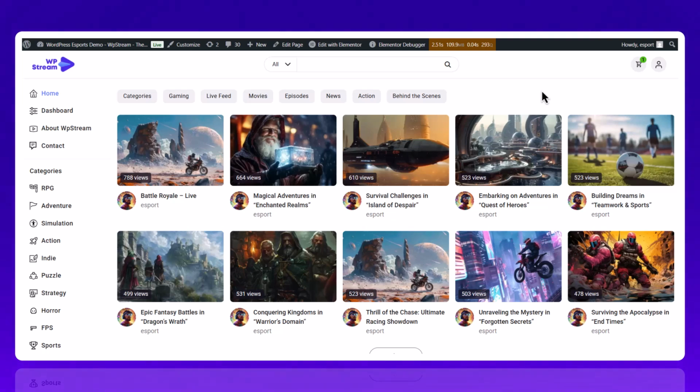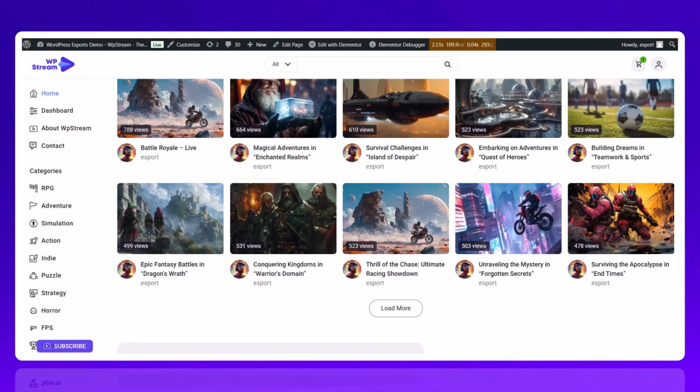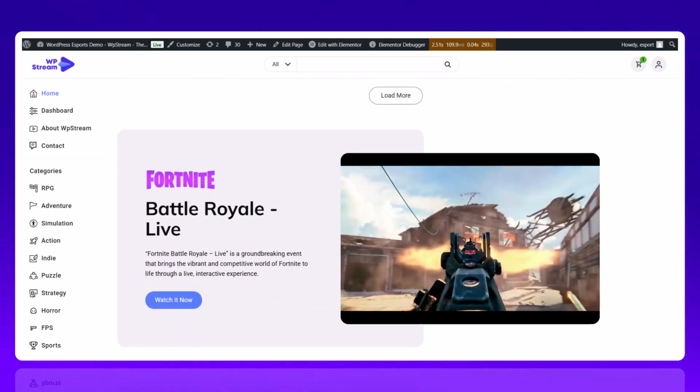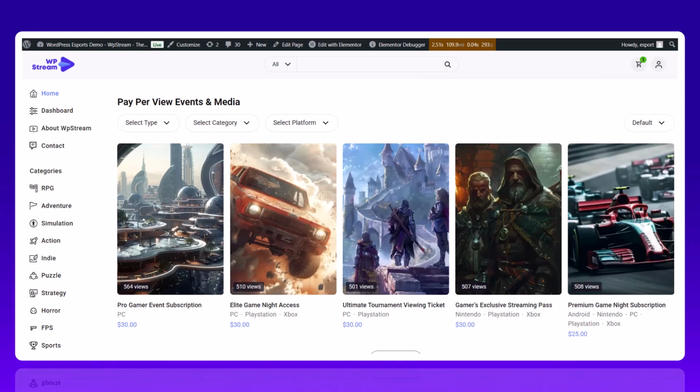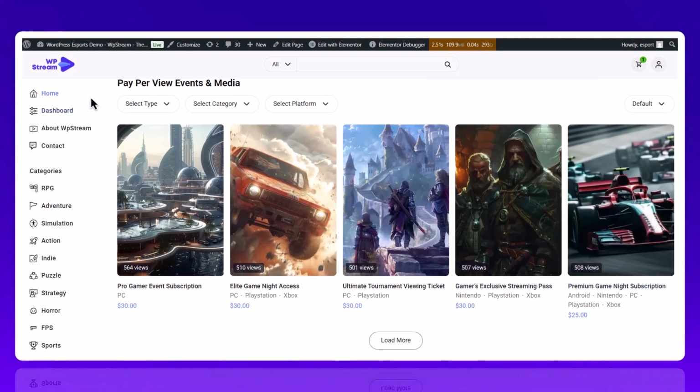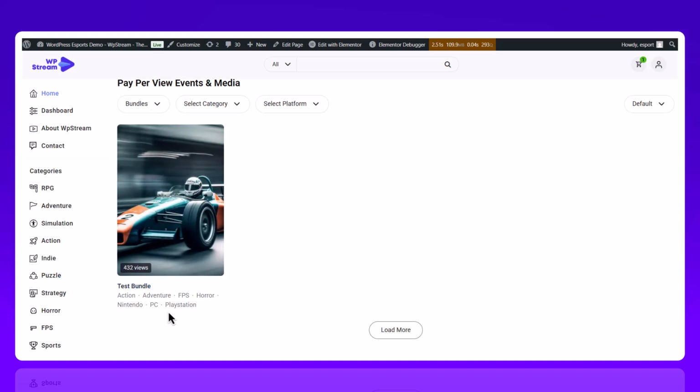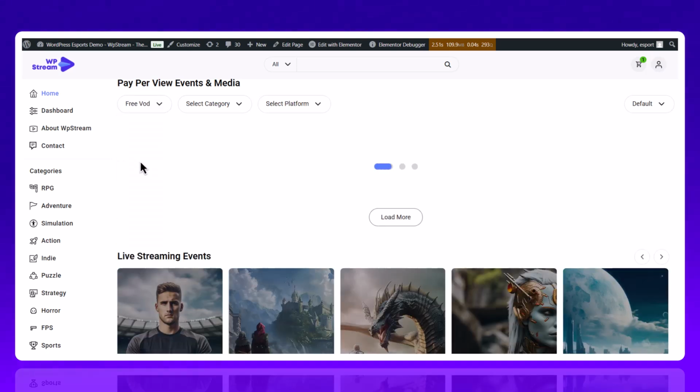This is the gaming demo, a visually striking theme designed for gamers, streamers, and esports teams who want to dominate the digital arena. Built with Elementor, you have full creative control, can use powerful widgets to design your homepage, create match lineups, and highlight your team stats and embed video streams, all with no coding required. With WpStream, you can broadcast your matches live, showcase replays, or host events, and even sell your events directly from